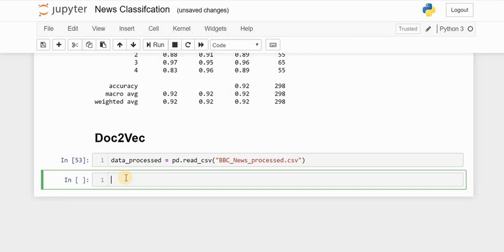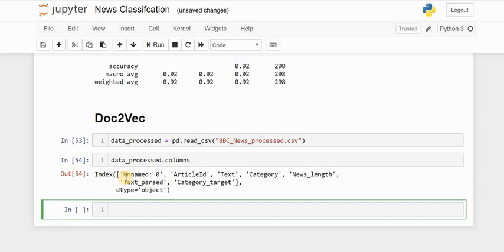Now let's see what columns it has. It has article ID. You can ignore Unnamed: 0 for now. Article ID, text, category, news length, and so on, and text parsed. The columns we are interested in are text parsed and category target, because text parsed contains the cleaned text and category target contains the label encoding of the category attribute.